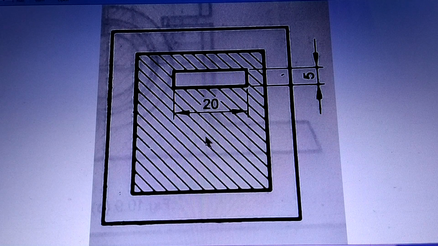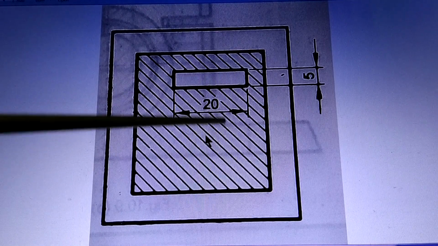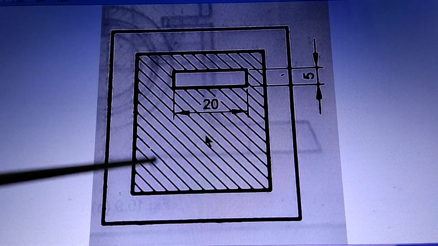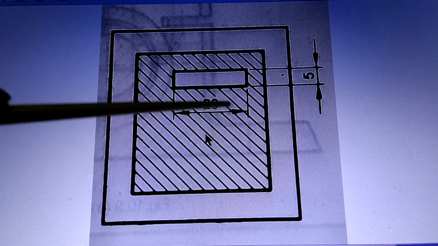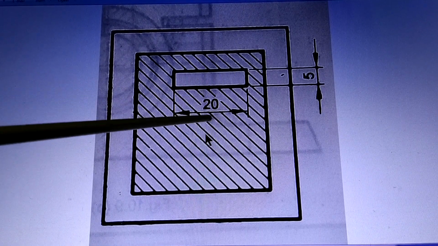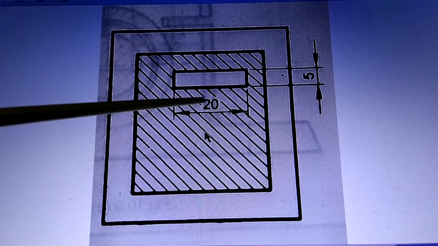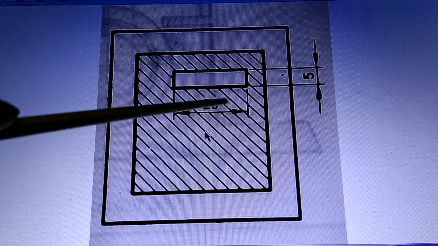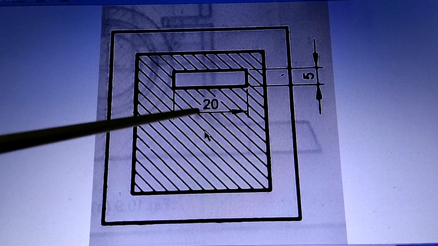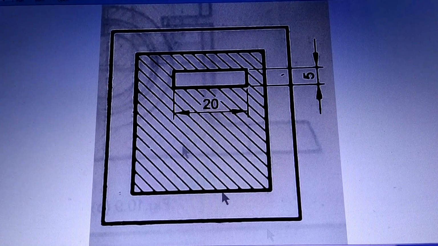Now there is another rule. When you want to show a dimension like this in the section lines, this is called the hatching region. So in the hatching part, if you want to show a dimension, then only around the dimension you have to disconnect, or rub or erase or remove the section lines. So section lines are erased, they are discontinued around the figure of the dimension.